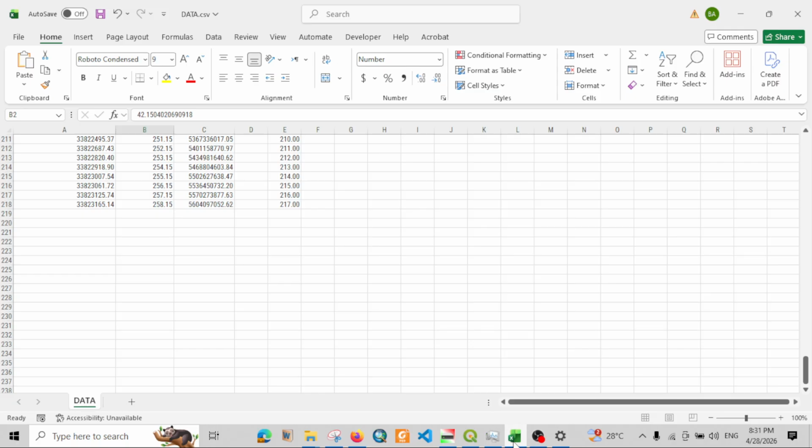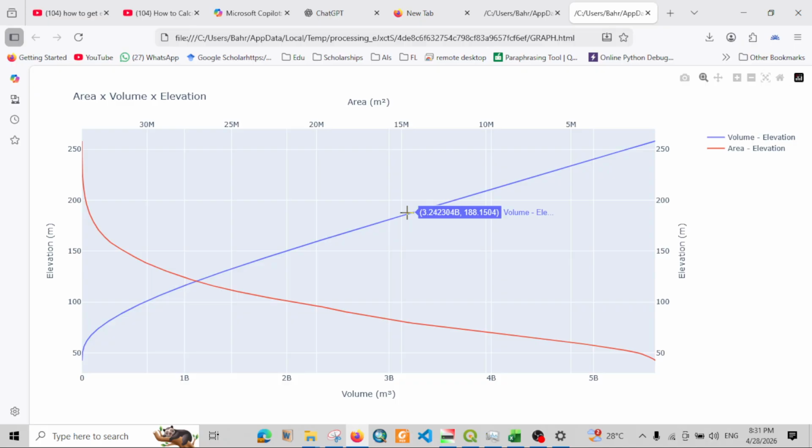Yeah, here is the graph it provided us. You can hover over the graph and see the results, the values. See elevations, area, and capacity. This one, capacity. It's a great plugin. And also this one is the